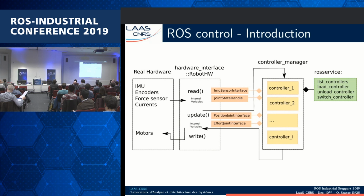Now, in terms of ROS control, I would like to give a very short introduction for people who may not know ROS control. It provides an abstraction of the hardware interface, which is very nice for people like us who are providing controllers, in the fact that it's completely hiding the real hardware, and it gives us a standard way to actually propose a controller. And this is how we can use exactly the same software for Talos and